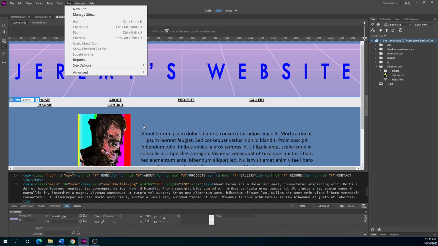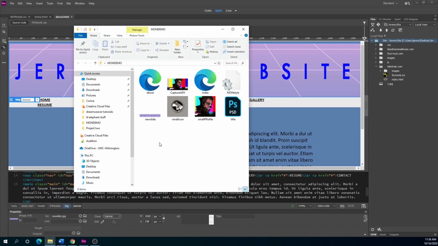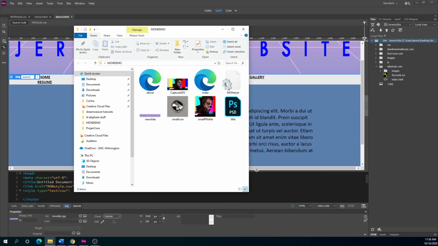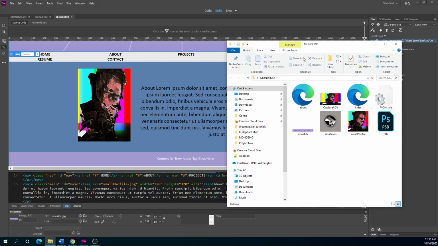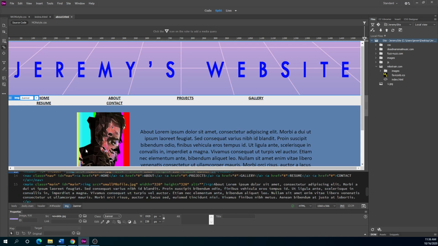If you haven't done this to begin with, you can back up and do it at the end, just as long as everything is in the same folder and everything is called. Because if you were to create an image folder now in this folder and start dropping stuff in there, it's going to offset the code. Your images are going to have to be called with a dot dot slash, then the new folder image wherever it is. So you need to make sure everything's called directly before you go ahead